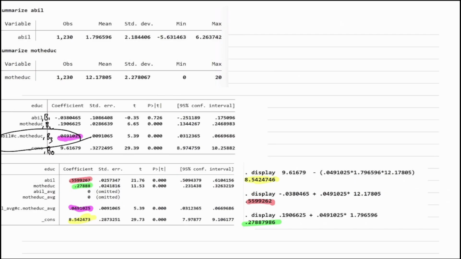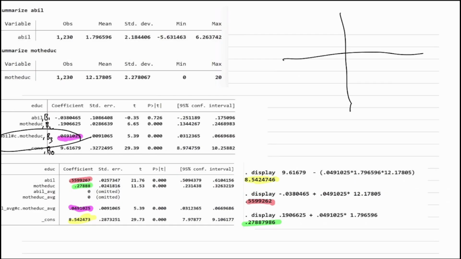And essentially what we are gonna do is we want to see how much the effect of ability or mother education is, if we increase them by 1 unit. Let's say if we increase ability by 1 unit, how much the education will increase or decrease. The same for mother education. But at what point? Because remember,